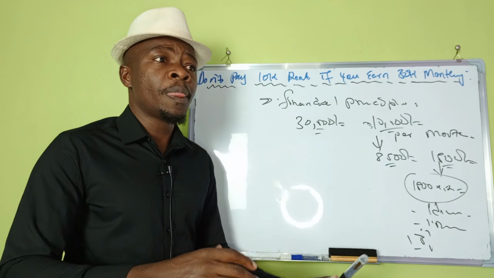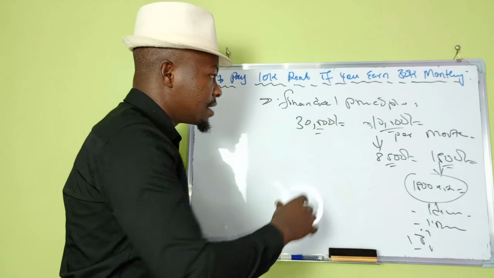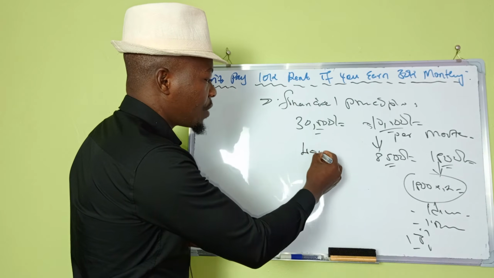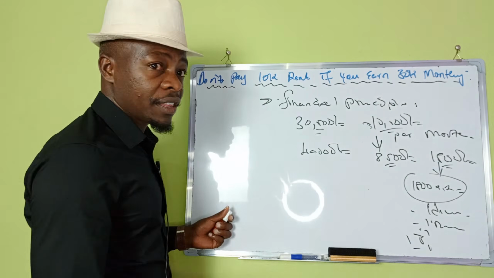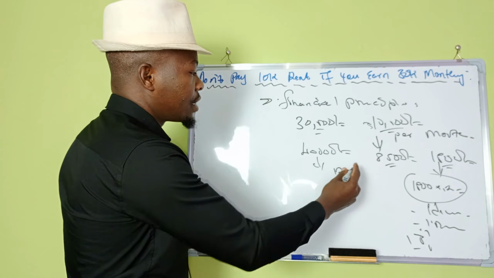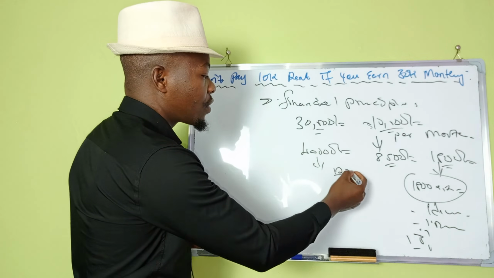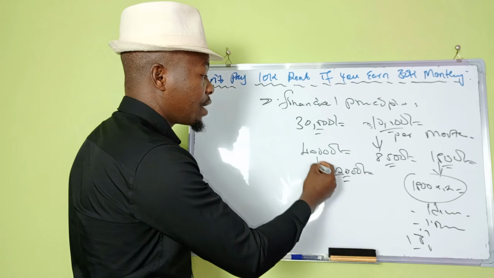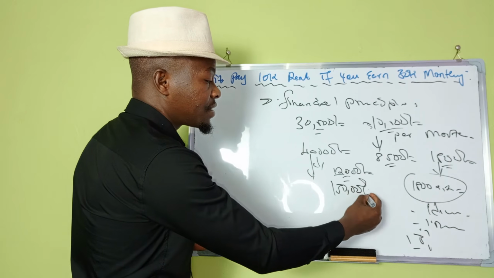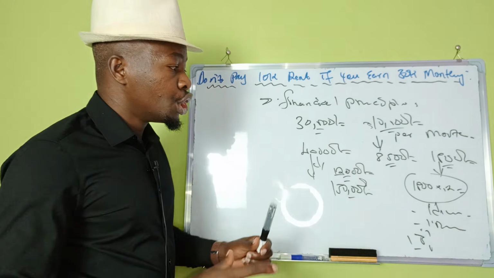Now, the point is you want to make a big... Let's try a little bit further. For example, say you earn 40,000 at the end of the month. If you earn 40,000 at the end of the month, 30% of 40,000 is 12,000. Am I right? 12,000, because it is 4 times 3, it's 12,000. So the maximum you can go is 12,000 if you earn this amount of money. You find somebody earning 40,000, the guy is at 15,000 rent. Why? They give you excuses of where I am, it has good security, you know, it is so good,